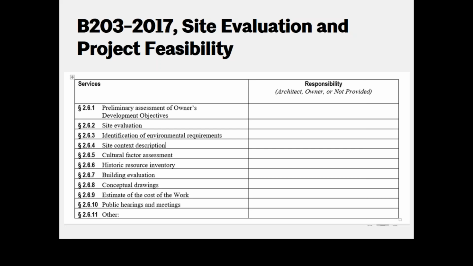And it goes anything from doing a basic site evaluation to identifying context items that are around the site, to doing a historic resource inventory, all the way to doing conceptual drawings, kind of preliminary design conceptual drawings. And it just depends on what your owner needs and depends on your capabilities as an architect, what you might